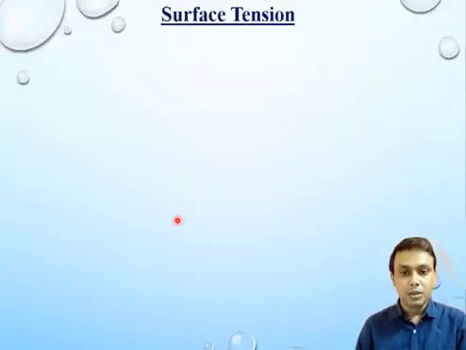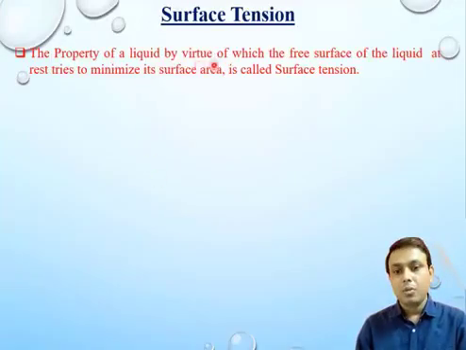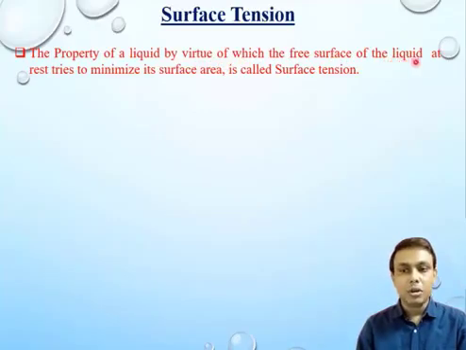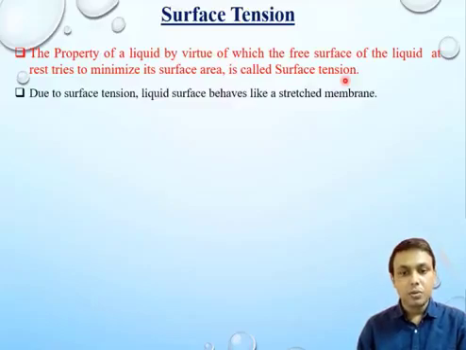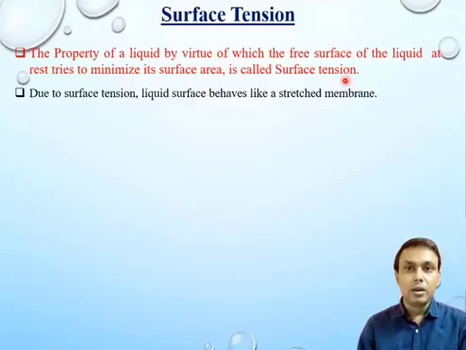Now, what is surface tension? The property of a liquid by virtue of which the free surface of the liquid at rest tries to minimize its surface area is called surface tension. অর্থাৎ কোনো তরল তার যে ধর্মের জন্য তার পৃষ্ঠতলের ক্ষেত্রফল সংকুচিত করতে চায় তরলের সেই ধর্মকেই বলা হয় সারফেস টেনশন। Due to surface tension, liquid surface behaves like a stretched membrane. অর্থাৎ তরলের এই ধর্মের জন্য যে কোনো তরলের উপরিতল একটি টান টান রাবারের পর্দার মতো কাজ করে।